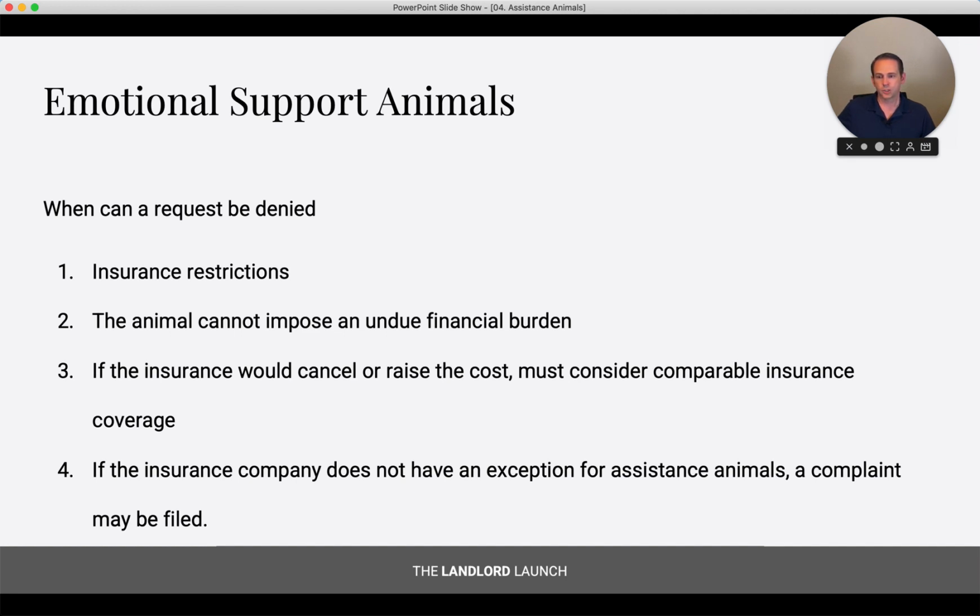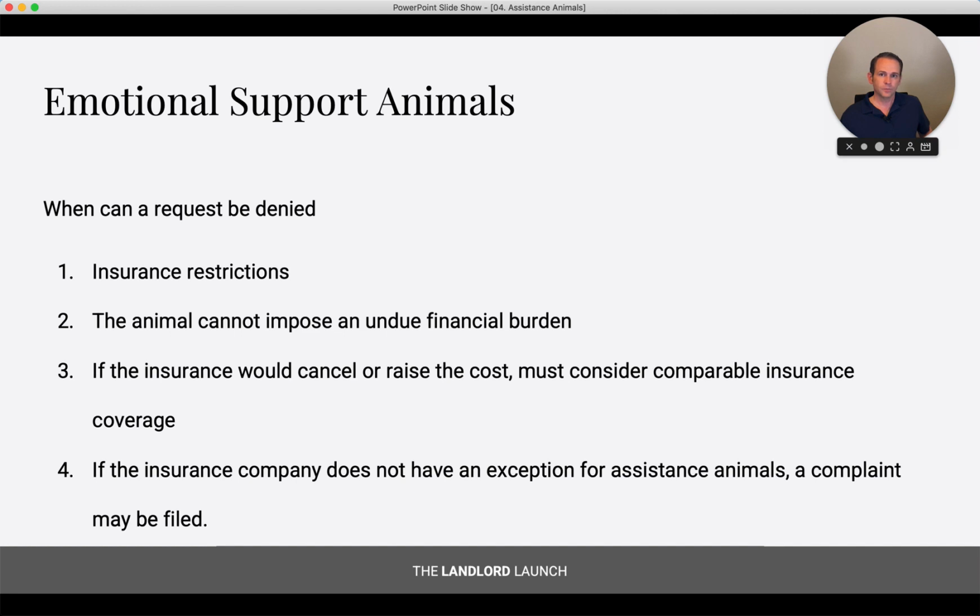So it is correct. The animal cannot impose an undue financial burden. So if the insurance company is going to raise the cost or potentially cancel that insurance policy based on the idea that you have to let in, let's just say, we'll keep picking on pit bulls, that you have to put a pit bull in your property,